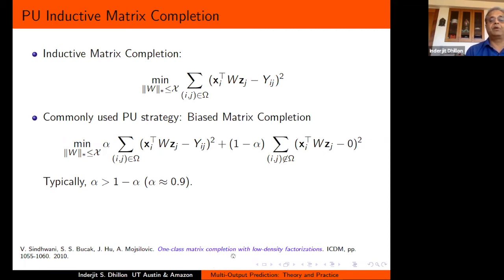So there was a paper written on this, which used this method and saw that this kind of biased matrix completion